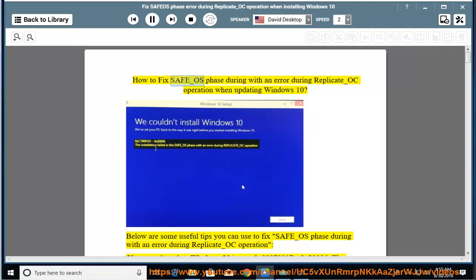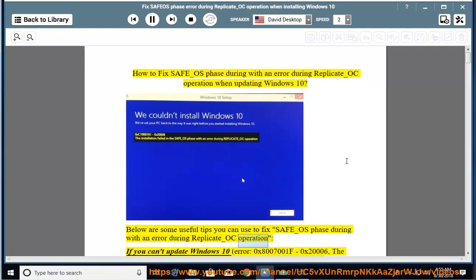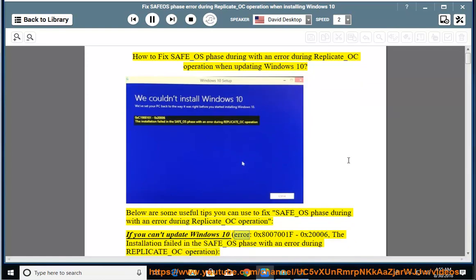How to fix the safe_OS phase error during replicate_OC operation when updating Windows 10. Below are some useful tips you can use to fix the safe_OS phase error during replicate_OC operation. If you can't update Windows 10,